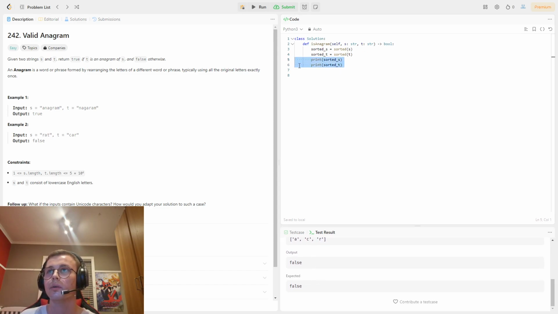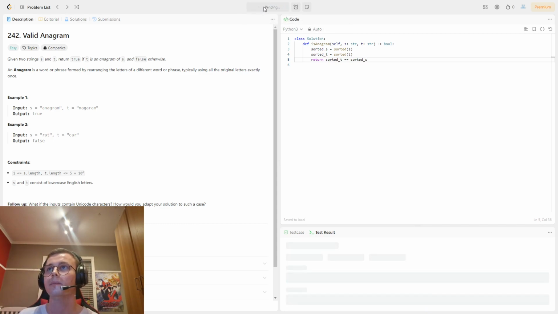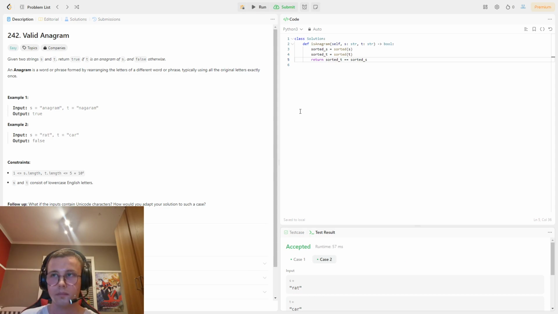So I'm just going to put return sorted underscore t is equal to sorted underscore s. Run that. Yep. Let's submit this. And hopefully